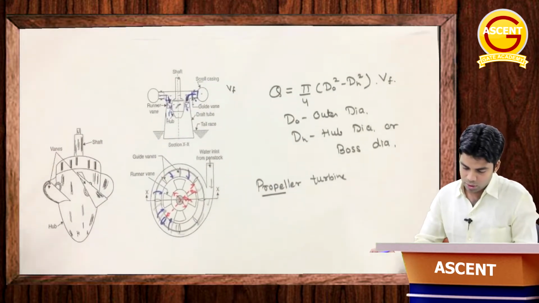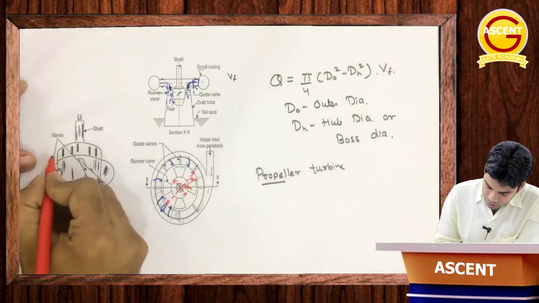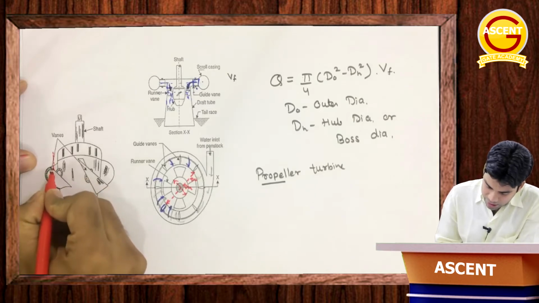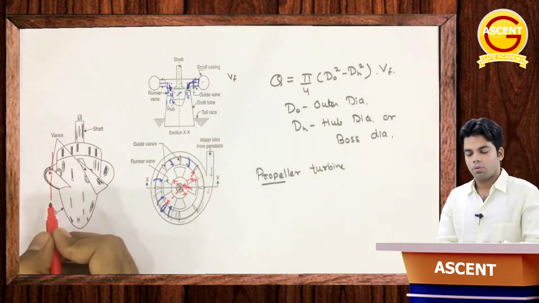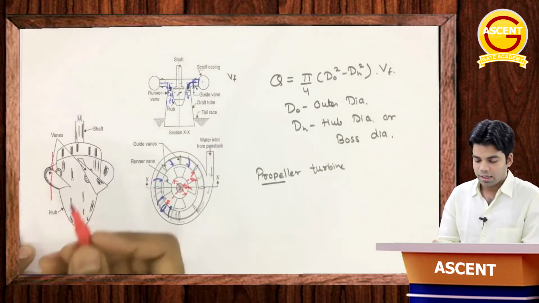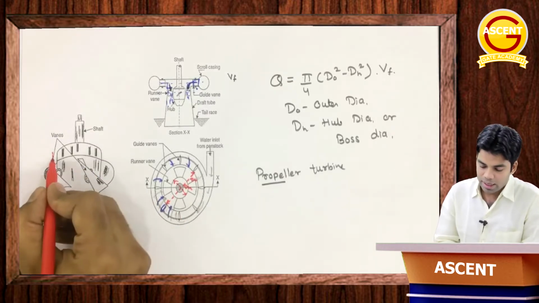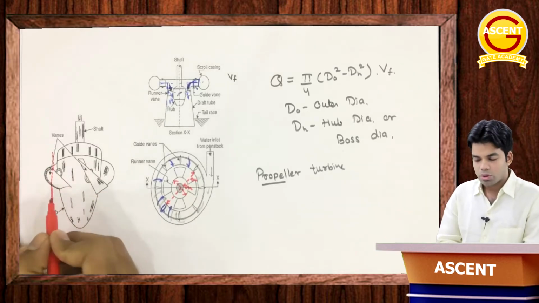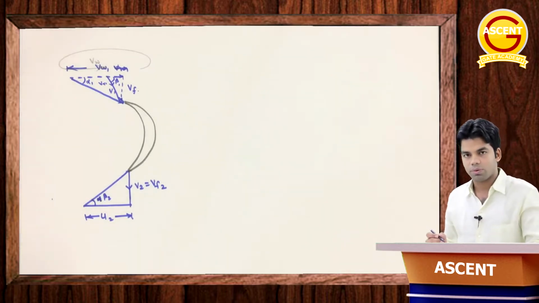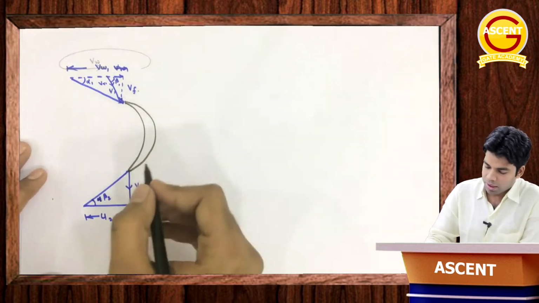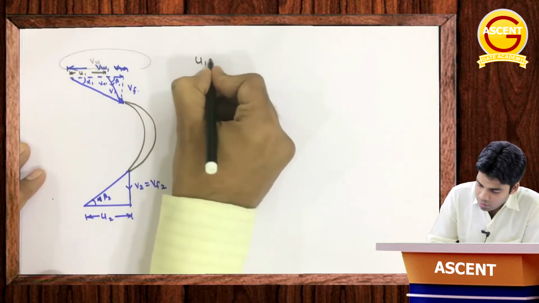Now why is this U1 equal to U2? I will tell you. Suppose this is our blade, and the water is entering at this point, and it is also leaving at this point. That means at almost the same diameter, the water is entering and leaving. And finally the velocity u is equal to pi D N by 60. It depends on diameter only. So if the diameter is the same, obviously u has to be the same. So in this case also u1 is equal to u2. This is another difference as compared to the Francis turbine. There u1 was not equal to u2, but in this case u1 will be equal to u2.